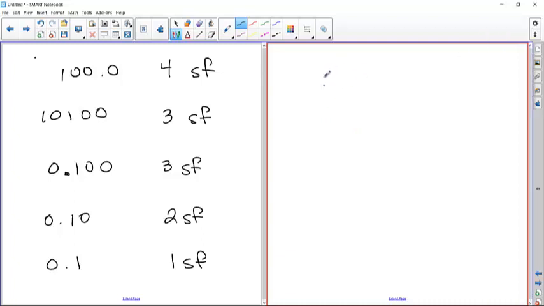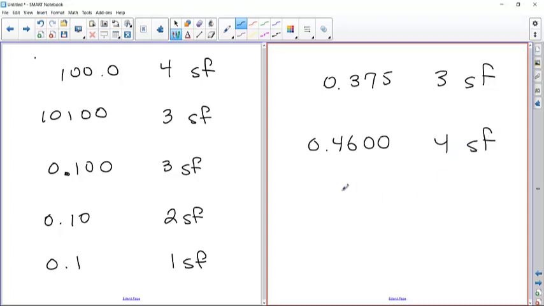Let's look at another one. So, if you have 0.375, that's 3 significant figures. 0.4600, that's 4 significant figures. Now, one thing you can do is if you put something in scientific notation, you can be more sure of